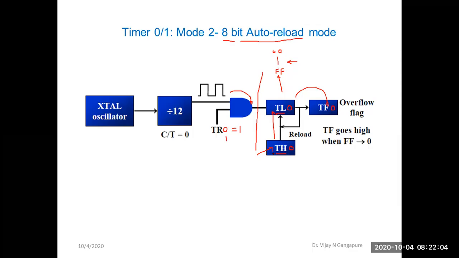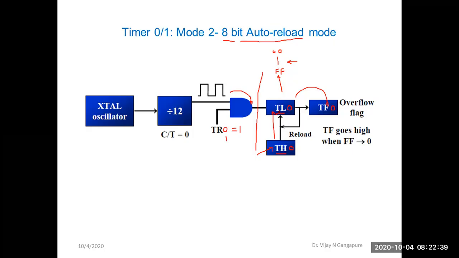Again, whatever value that we loaded into TL0 will automatically get loaded into TL0. After that we have to make this TF0 flag bit 0. And again, if we haven't stopped this timer by resetting the TR0 bit, the count in TL0 starts incrementing from that initial value. So here 8-bit auto reload mode means it is 8-bit, only one timer register is used,